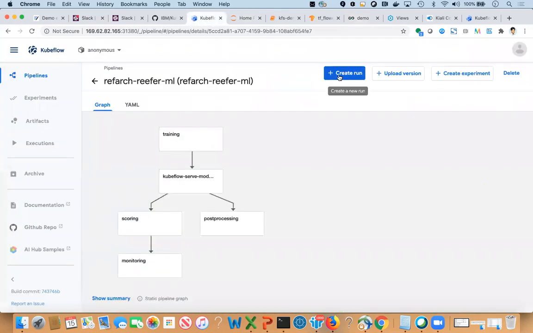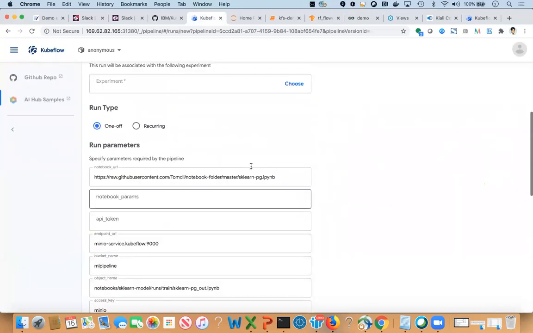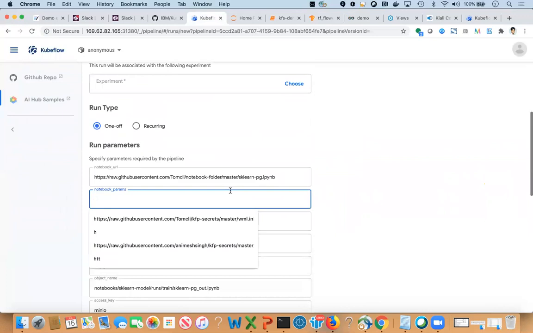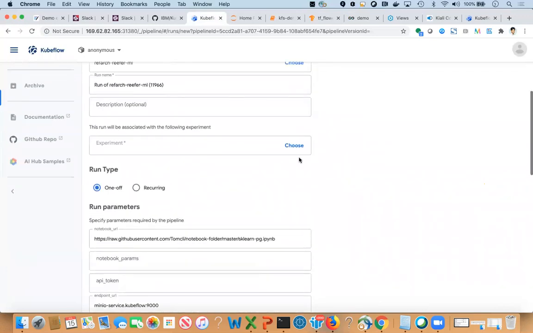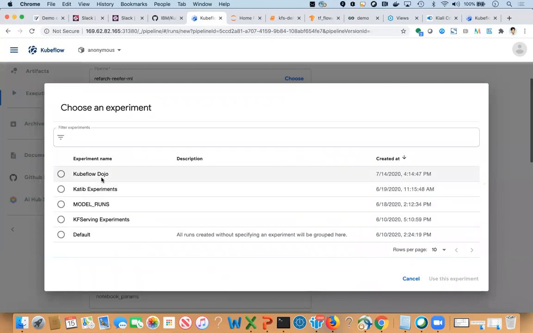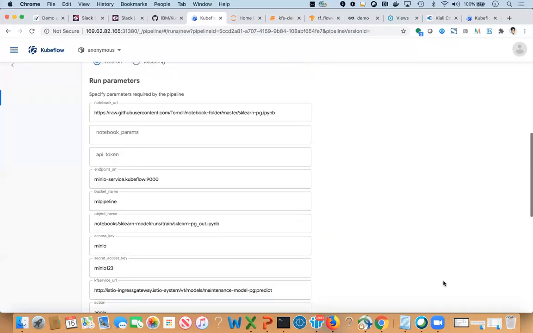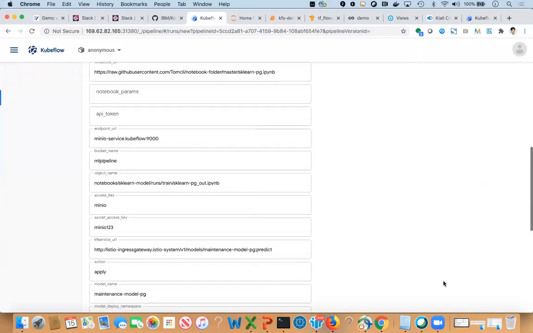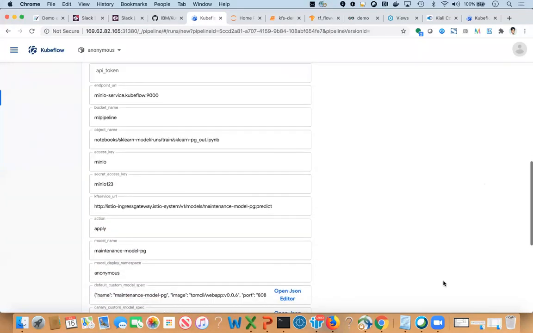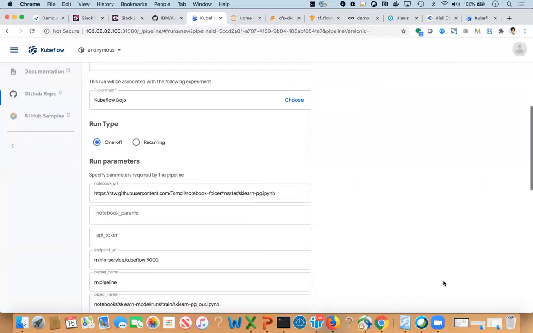So in this case, let me launch this particular one. Let me choose an experiment first. And I'm looking at,